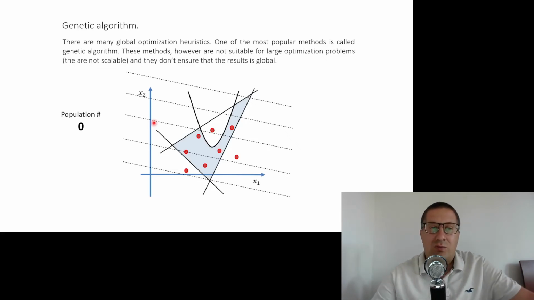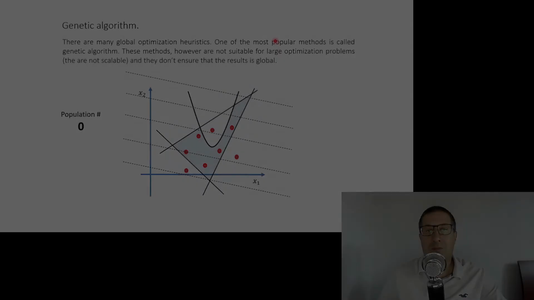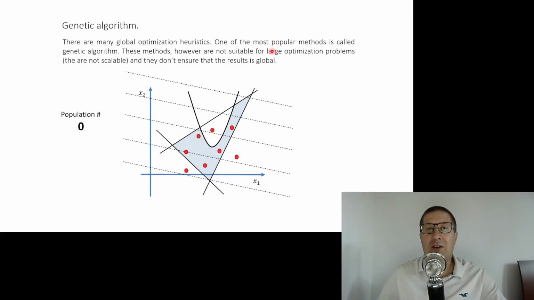So let's try to see how such method works. We have an initial set of solutions. Those are initial solutions, those red points, and they form a population 0, so the initial population of individuals. Each individual, like this dot here, has a genome. The genome consists of just two genes, X1 and X2. And the value of those genes, the mutations of those genes